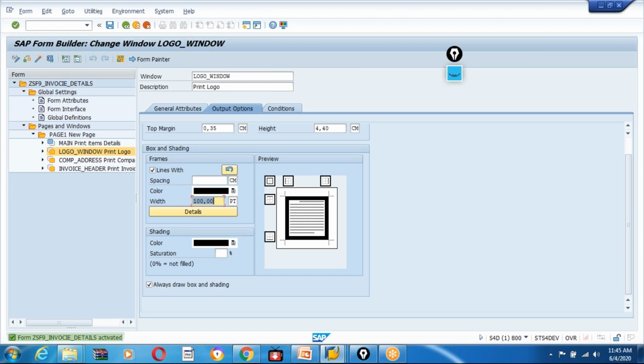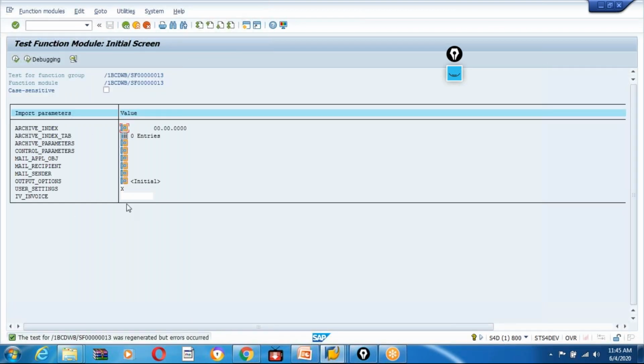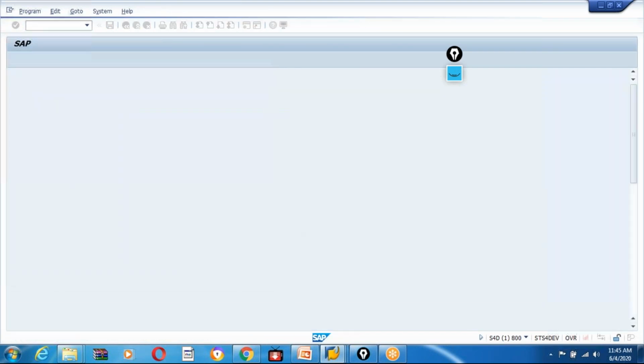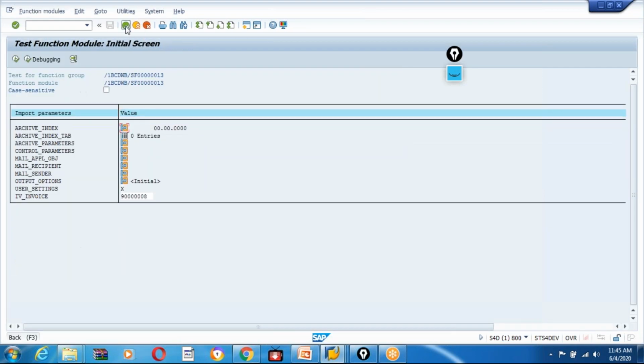So this is what is in the smart form. Okay, I activated this. Maybe I can test now and execute, and give the value here and execute now, and LP01 and print preview. Now you can see something is coming, but it's totally black, and I think I need to take out some of the details. So what I did,